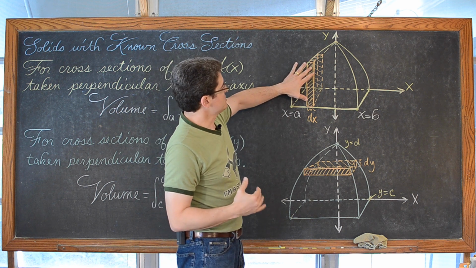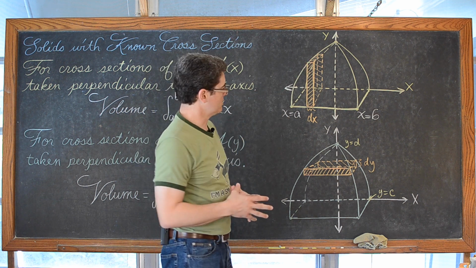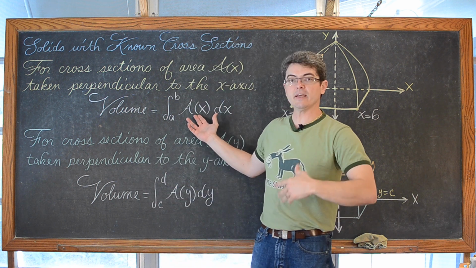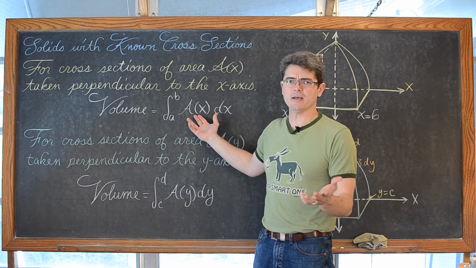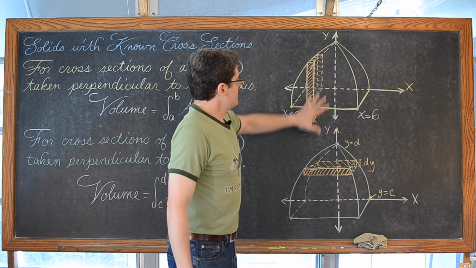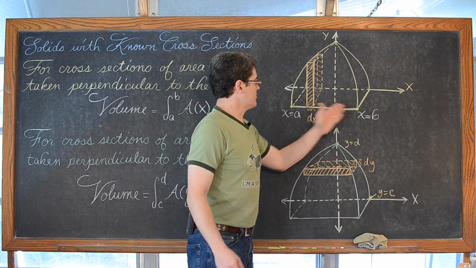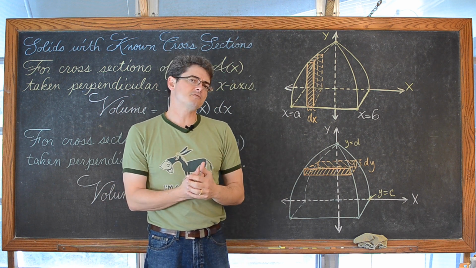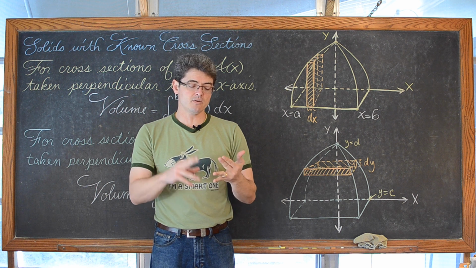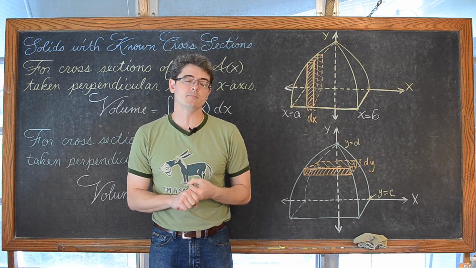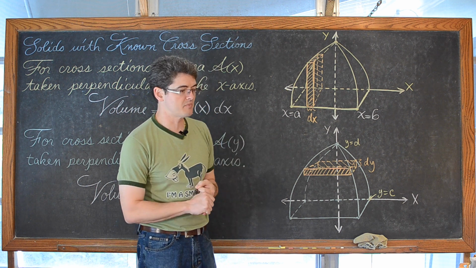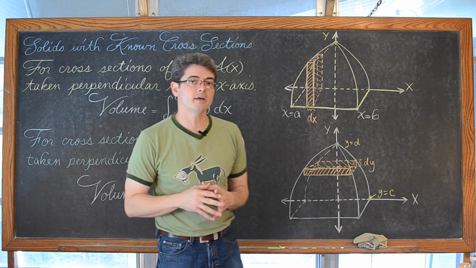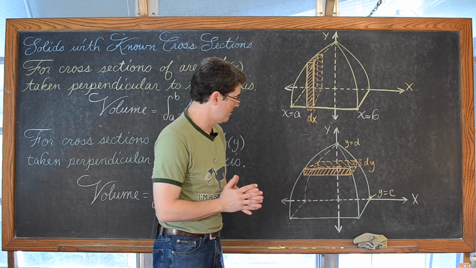And this cross-section looks like it might be a square or a rectangle. So the area formula would be some sort of length times width, or if it was a square, it'd be s squared. Now with these cross-sections, the lower and upper limits of x are a and b. Our cross-sections for this video, the first example is going to be a rectangle, the next example is going to be a square, and the final example will be triangles. But they really could be anything as long as you know the area formula for that cross-section.